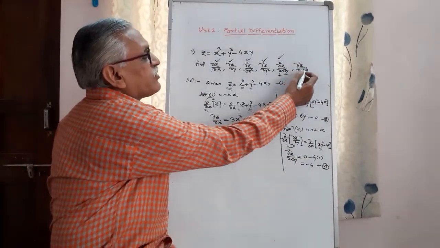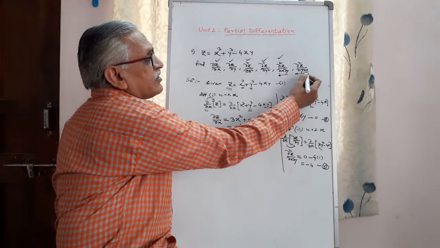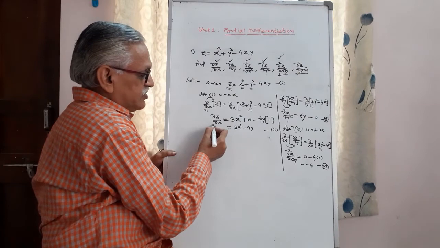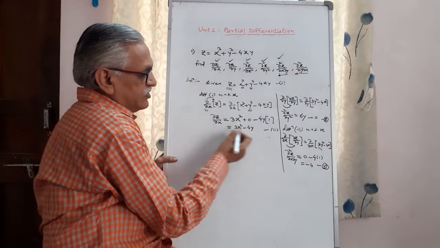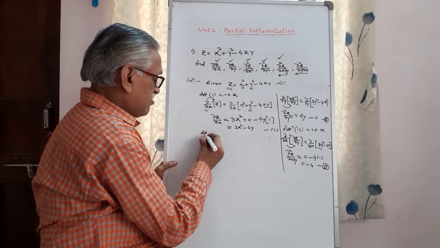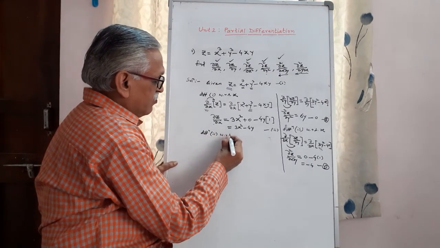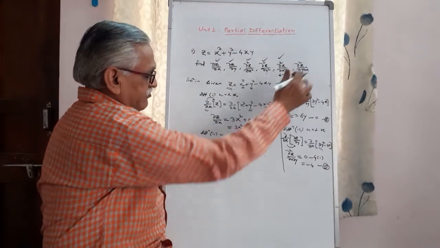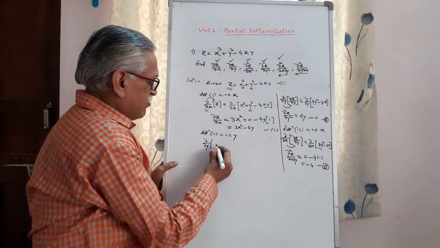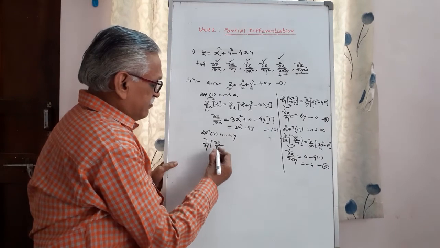We require to find ∂²z/∂y∂x. To decide the order, we go from right to left. Here it is differentiated first with respect to x and then with respect to y. Therefore, this is the derivative of z with respect to x, equation 2. I will differentiate equation 2 with respect to y. Symbolically it is ∂/∂y of ∂z/∂x